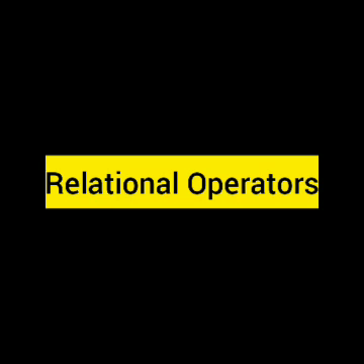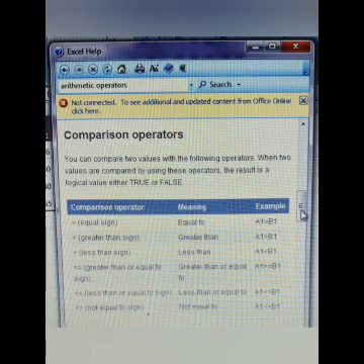Next is relational operators. These operators are used to compare two numbers. Compare means താരതമ്യം ചെയ്യുക. So these numbers may be different, and what is the relation between them? That will be shown using the relational operators. These relational operators always return a true or false value. ഈ ഓപ്പറേറ്റേഴ്സ് നമുക്ക് എപ്പോഴും ഒരു നമ്പർ വാല്യൂ അല്ല റിസൾട്ടായി തരുന്നത്, നമുക്കൊരു ട്രൂ അല്ലെങ്കിൽ ഫോൾസ് എന്നുള്ള റിസൾട്ടാണ് ഈ ഓപ്പറേറ്റർ തരുന്നത്, ഡിപ്പെൻഡിങ് ഓൺ ദ റിസൾട്ട് ഓഫ് ദ ഓപ്പറേഷൻ.